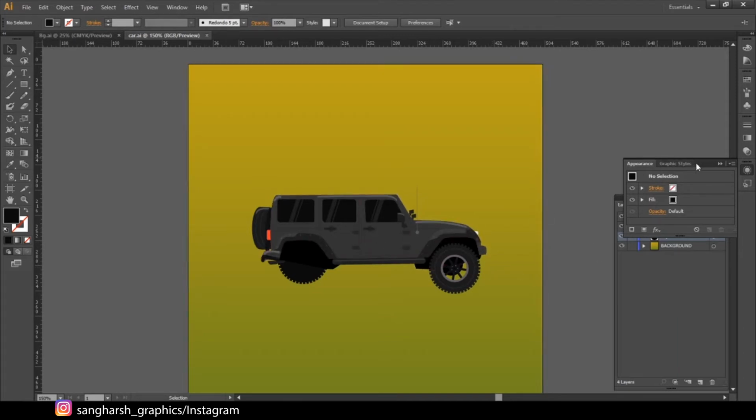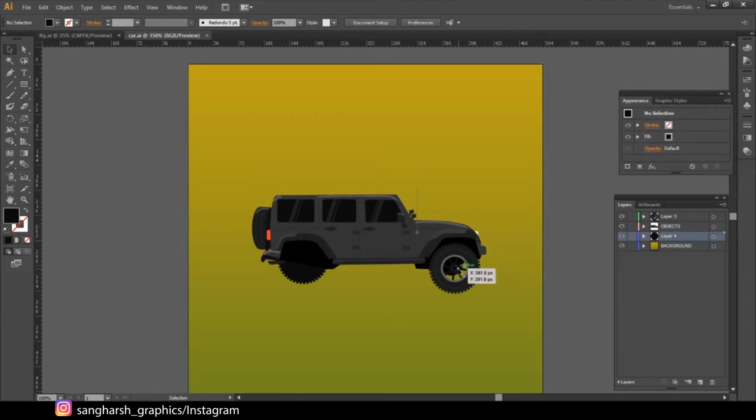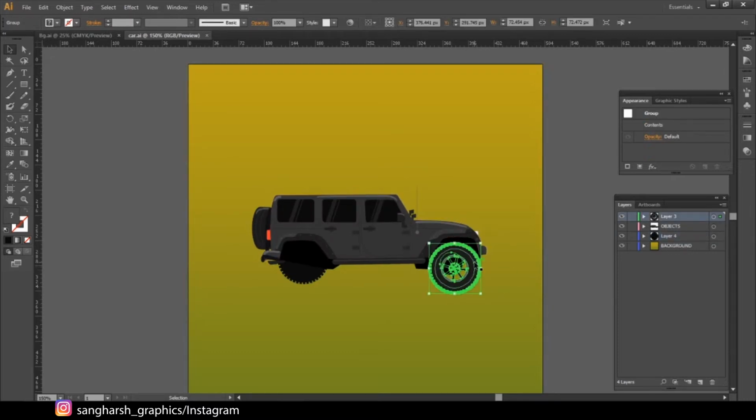It was a full set from all the sides, the front view, back view. I just isolated this one, and it was all in one group. So what I did, I selected the tires, cut them from the original layer, made a new layer, and pasted the tires on it, because I need the tires on a different layer.